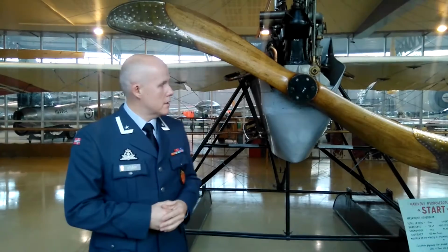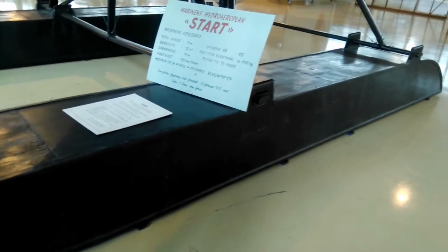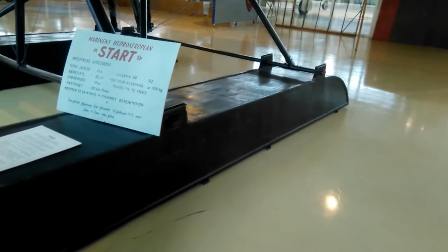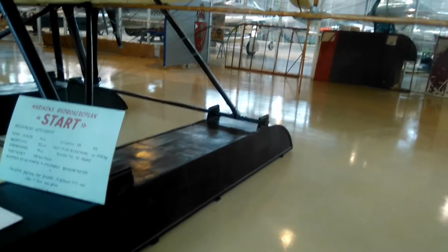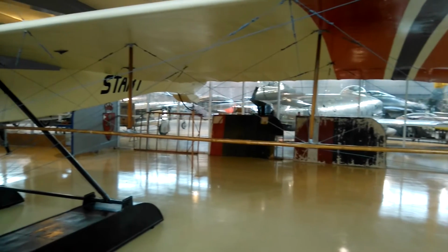Sort of our aircraft collection at Gardermoen. So this is Norway's first aircraft flown by Norwegians in Norway, and it is also the first Norwegian military aircraft in service. Then, in the spring of 1912, some naval officers were sitting in the naval base at Karl Johans